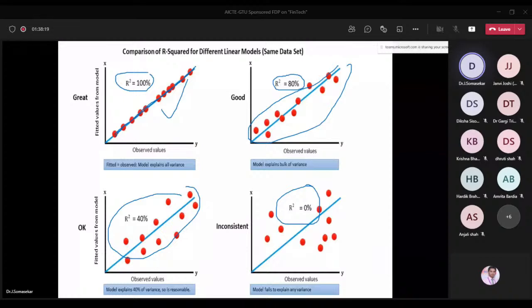MSE value should always be low. That means error should always be low. R square should always be high. That means best fit. The data should be the best fit with the regression model. I think evaluation is clear. So what is MSE, what is R square, how to calculate, and what is the conclusion for the given data